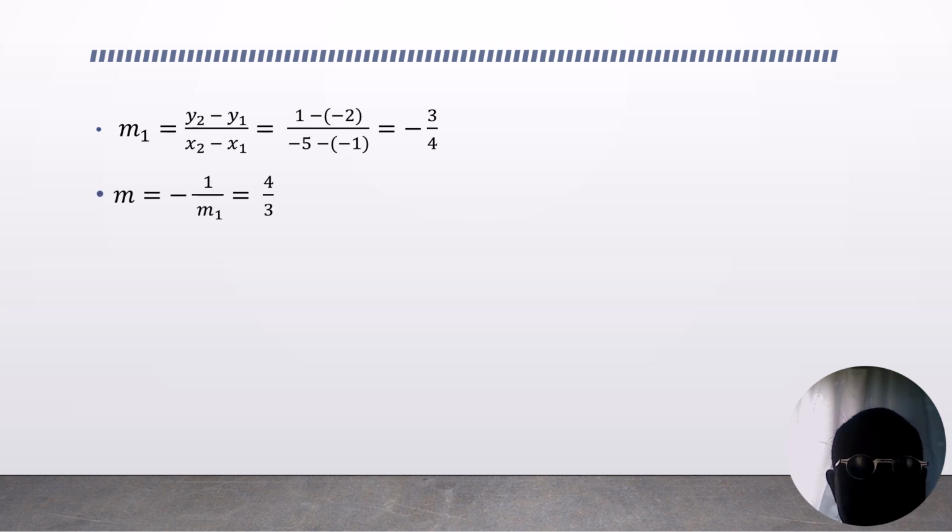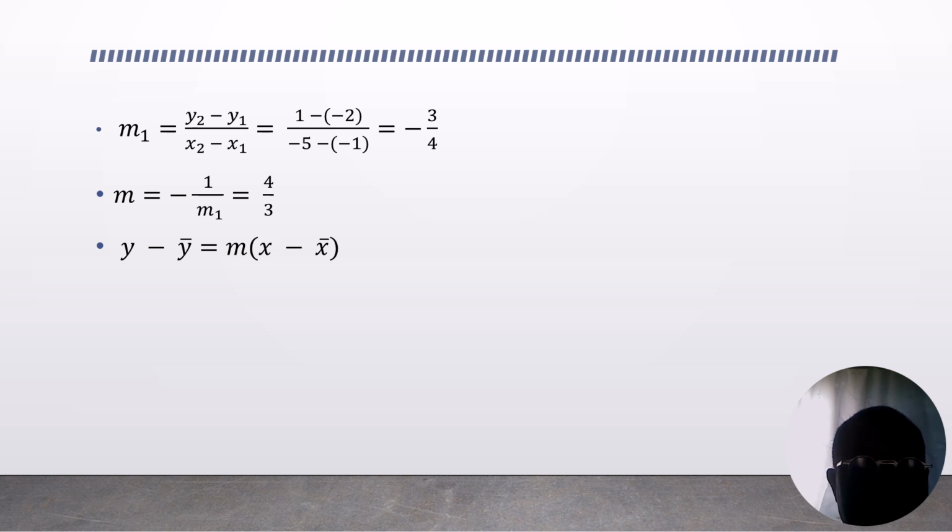The slope of the perpendicular bisector m is equal to minus 1 over m1, which is equal to 4 over 3. So therefore, the equation of the perpendicular bisector is y minus y bar equals the slope m